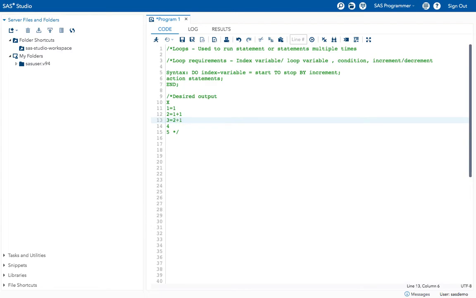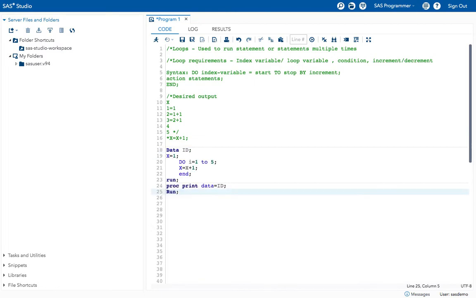That means I am adding the previous value and 1. So what will be the formula for this? x equal to x plus 1 is the formula that I am applying here. For this reason I will use loops, the do loop. How can I do that?